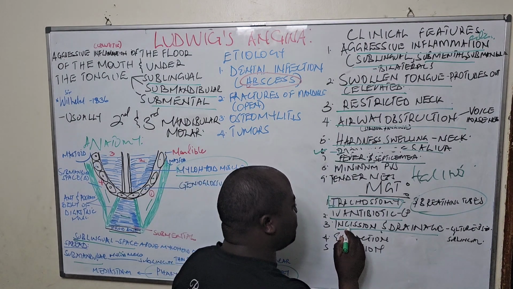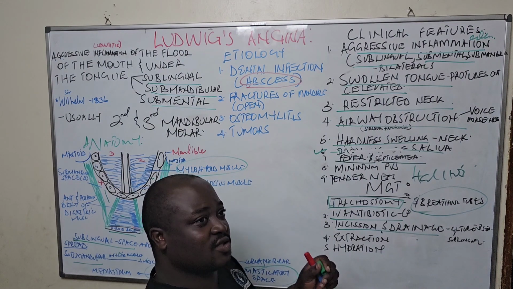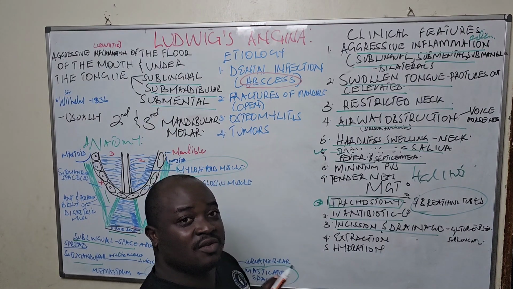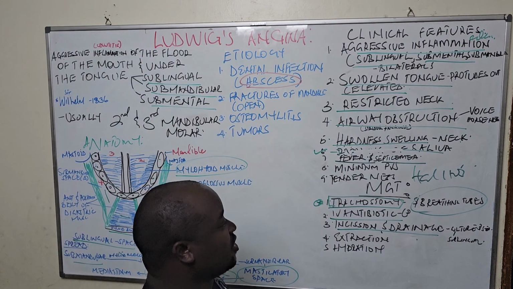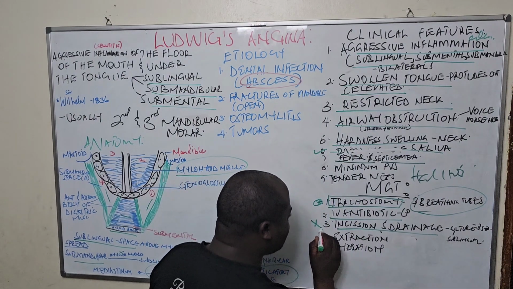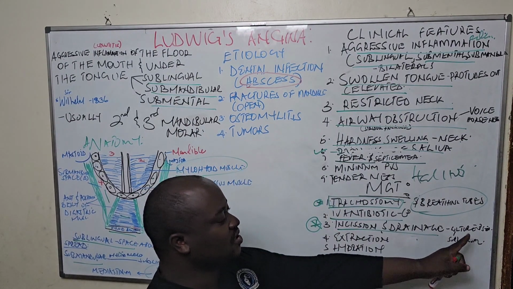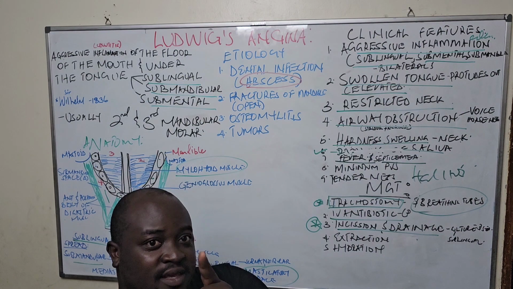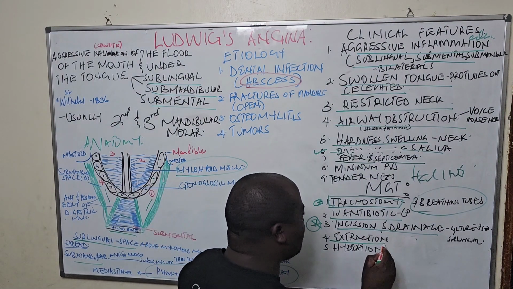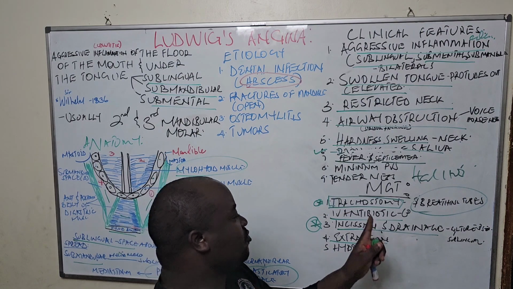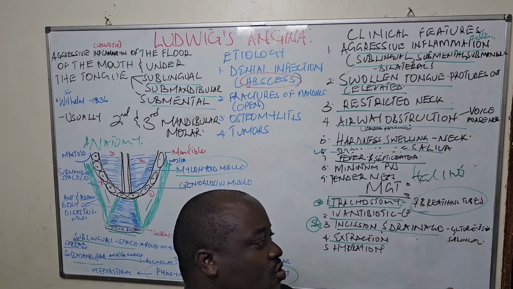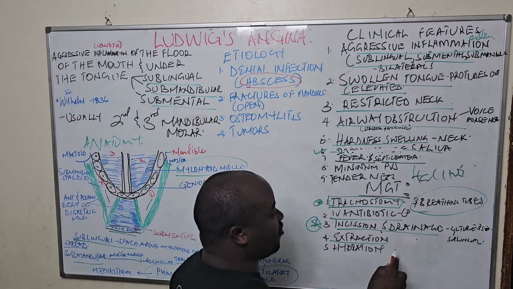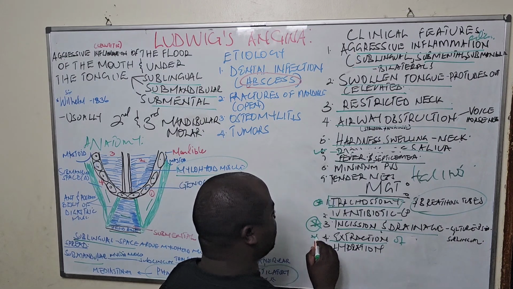This one is very important. Sometimes if it is not too threatening, you may not do this. But if there is airway obstruction and you think it may cause death of the patient anytime, you need to do it. But incision and drainage is key, because you shall even get a culture and sensitivity sample at this stage. There is a common practice of many people leaving the painful tooth. If you remove the painful tooth, it's going to help you do more drainage through this extraction site. So extraction of the offending tooth is very, very important.